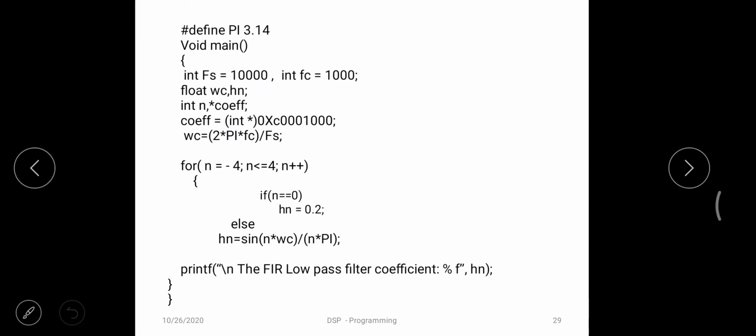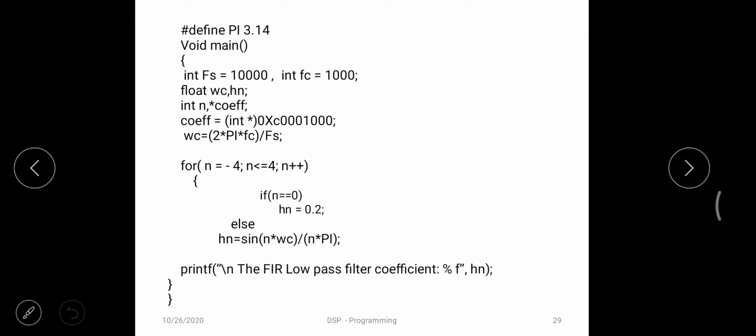So we'll start with your library functions, that is stdio.h, that you can write. I am defining my pi value. It's a global declaration. So #define PI, capital PI, is nothing but 3.14, which means that for the entire program, whenever I am using pi, that will be taken as 3.14.